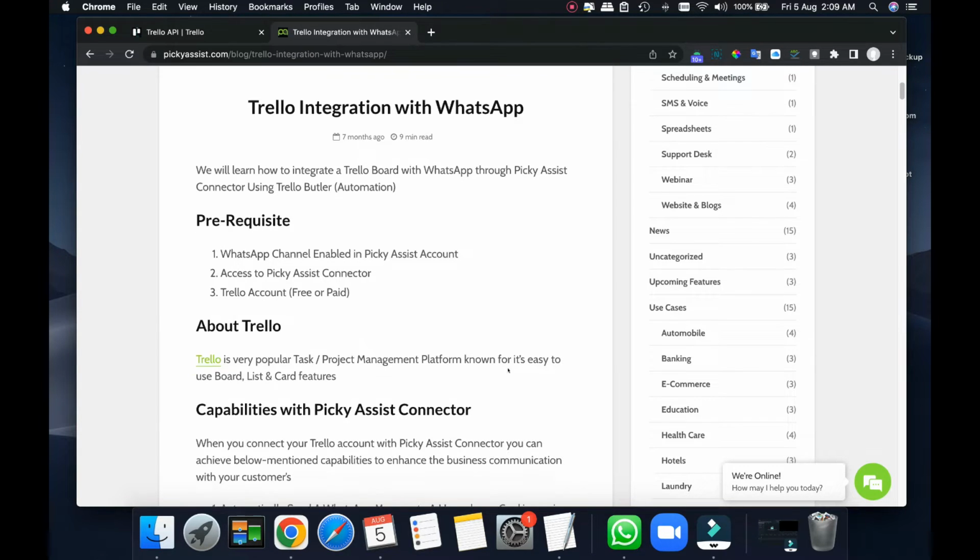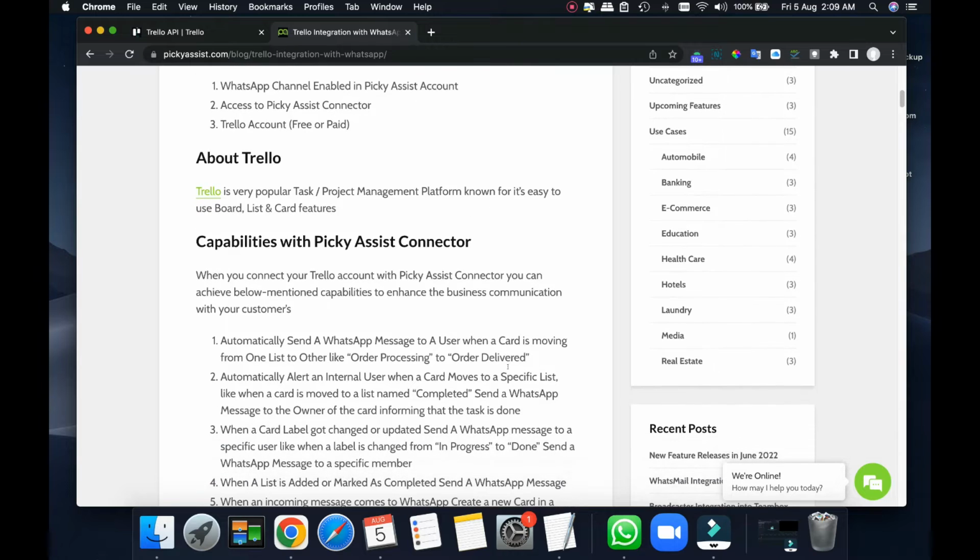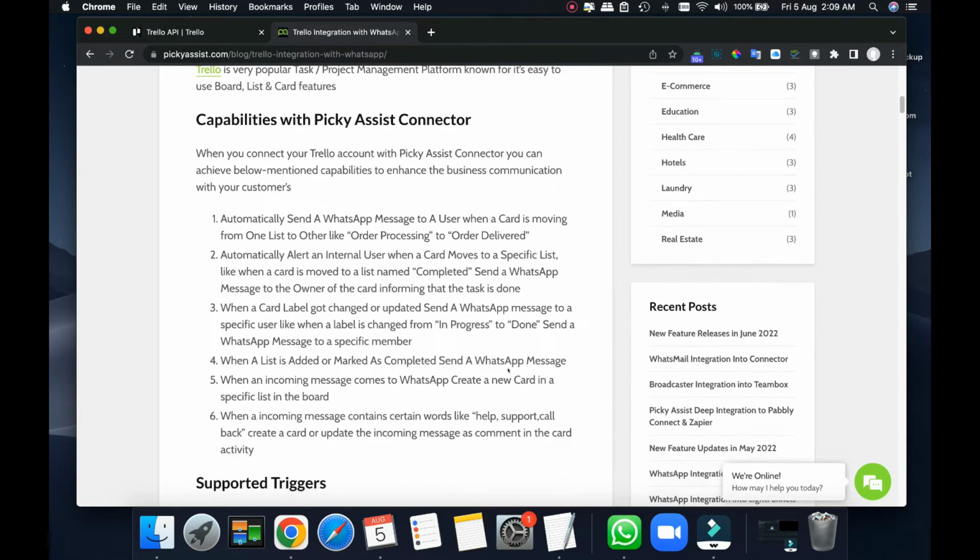We have demonstrated here a few capabilities with the Picky Assist connector. Basically, the main six possibilities you can achieve with Picky Assist and Trello are: automatically send a WhatsApp message to a user when a card is moving from one list to another.